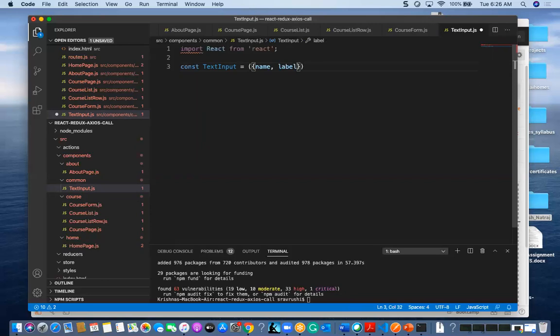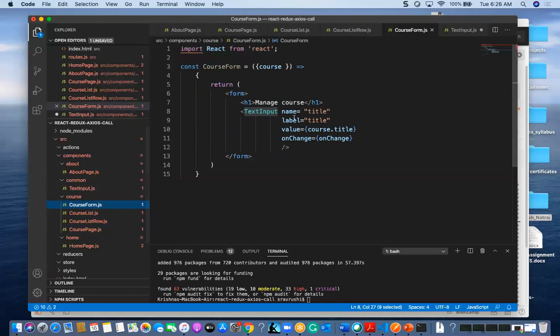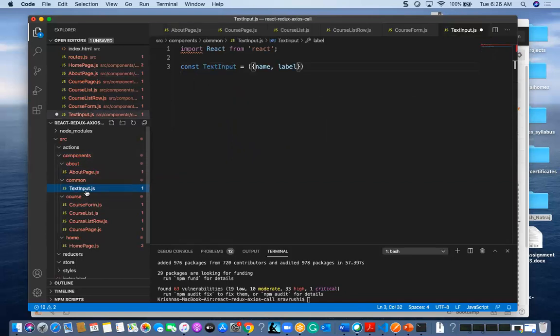So these are the different things I am going to pass right here. One is name, label, and value, onChange. So for this I am going to write one input variable name, label, and